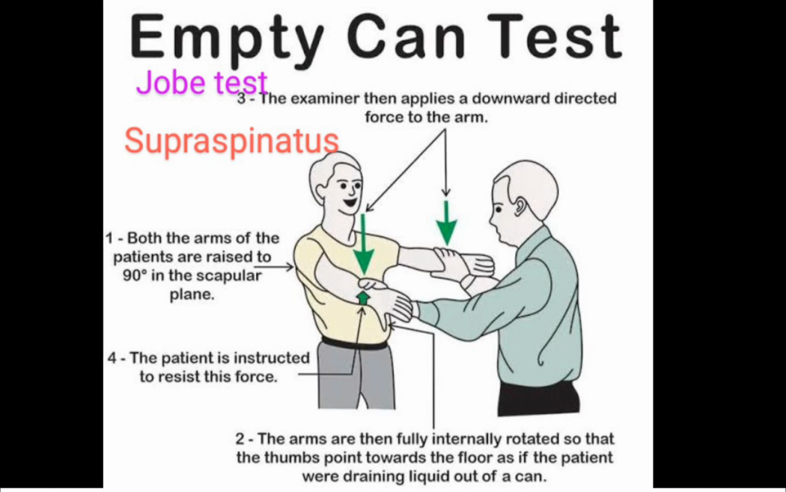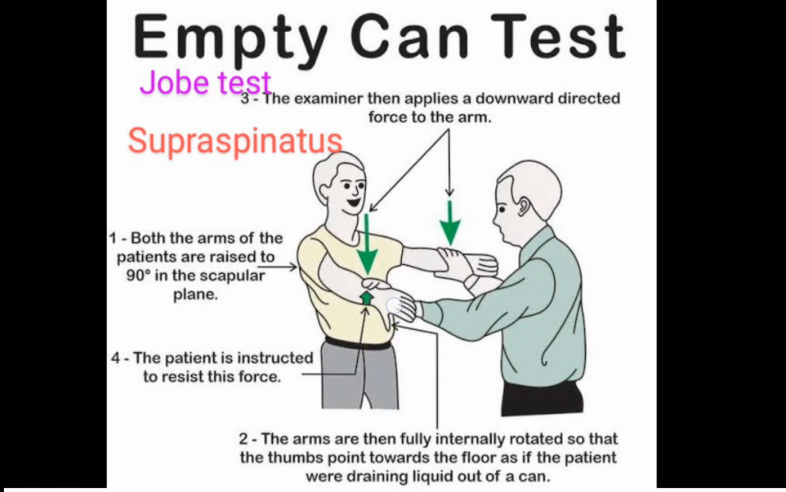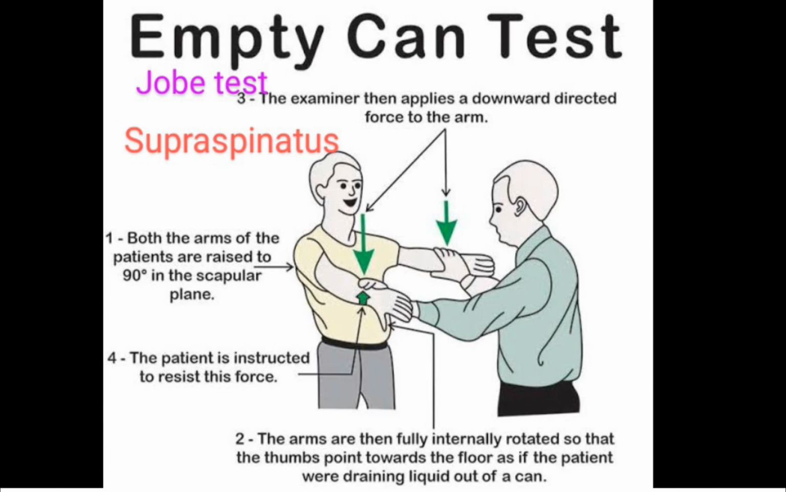Then this is the empty can test. Now we are studying the tests related to the shoulder joint. So the empty can test, also known as Jobe's test, is for the supraspinatus. In this, both arms of the patient are raised in the scapular plane, and then the patient is instructed to hold the arms so that the thumbs point downward towards the floor, as if the person is draining liquid out of a can. Then the examiner applies a downward force, and the patient has to resist it. If the patient is not able to resist it,